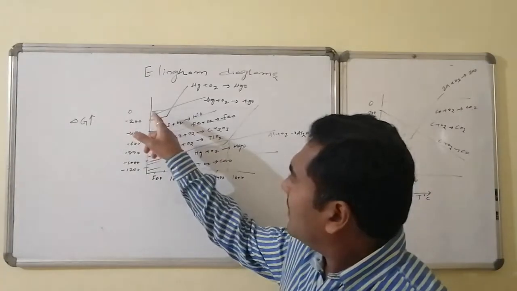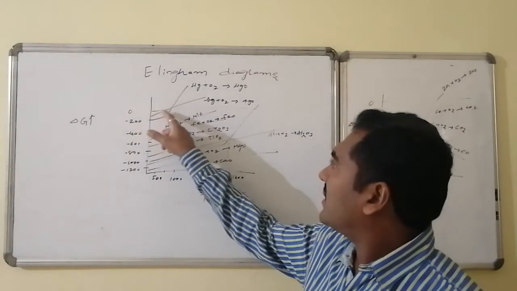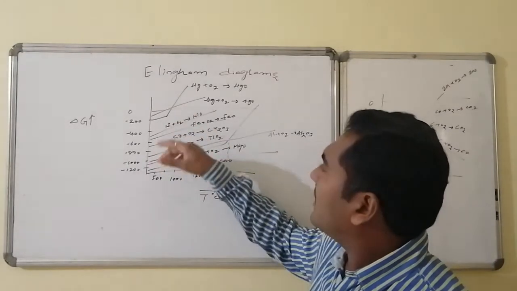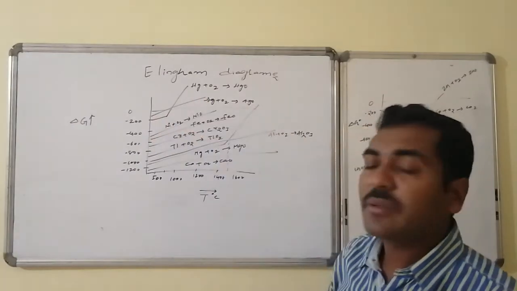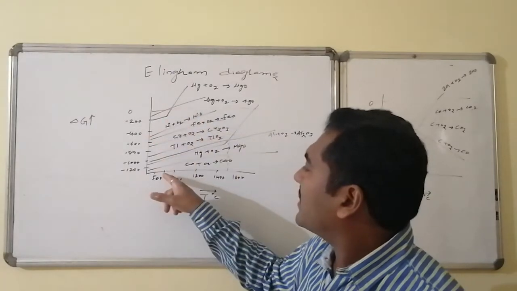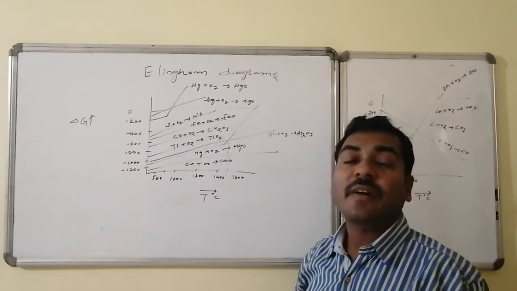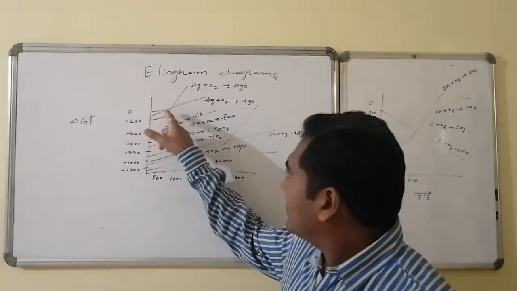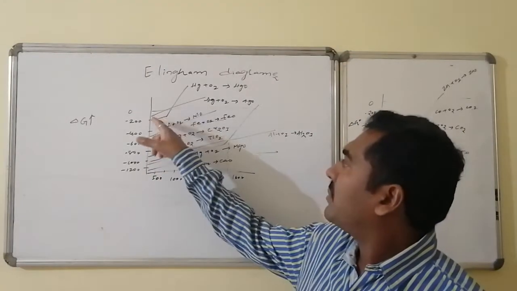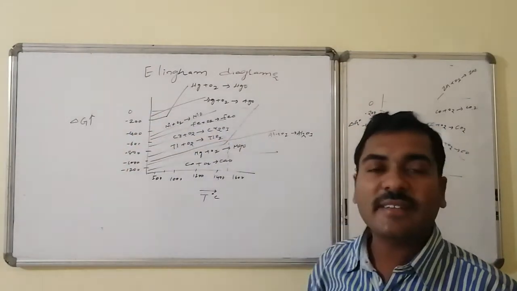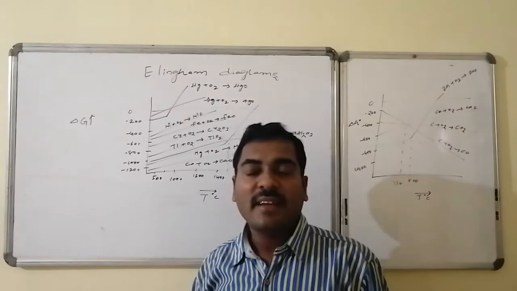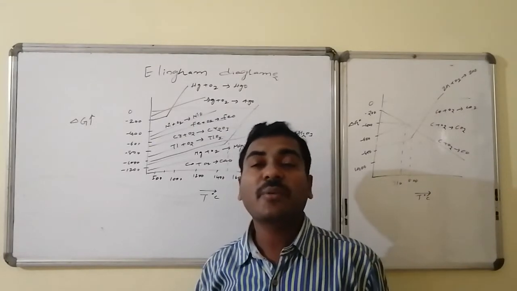Here there is a 0 delta G value, a straight line written over there, which is taken as reference. Below this particular delta G, let us see the first one, mercury oxide. Below this 0 line, at the related temperatures, its formation is spontaneous, because below this intersection temperature it has delta G as a negative value, maybe minus 50, minus 100, minus 200, etc. Under these temperature conditions, mercury and oxygen combine. As a result, it leads to the formation of mercuric oxide.